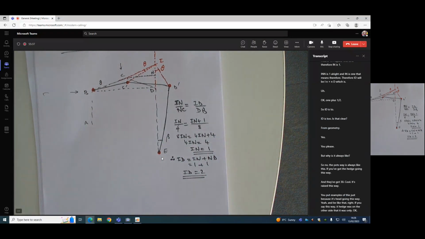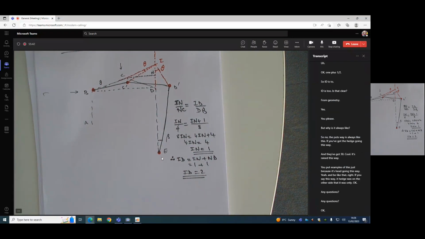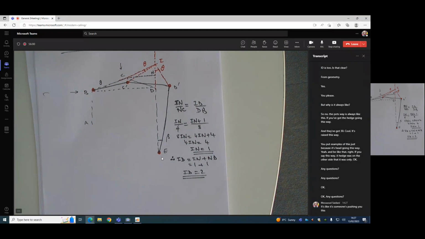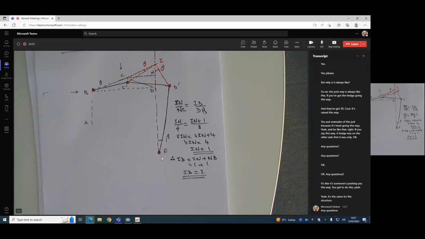Any questions? Okay. Any questions? It's like if someone is pushing you this way, you tend to do this. Yeah, it's the same for the structure. Any questions? Right. So now we've got the